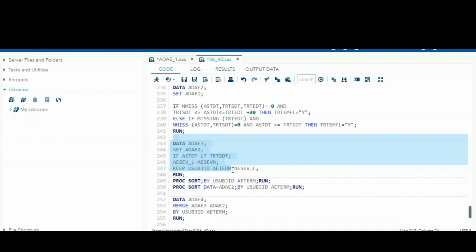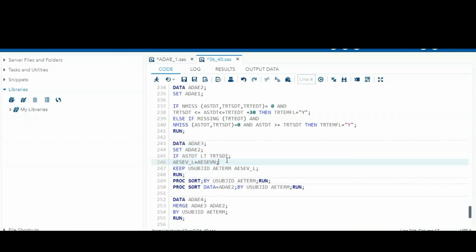For example, if before taking the treatment there are so many adverse events present, say vomiting happened before taking the treatment 5 times, then only the last record has the end date missing. Remaining all the 4 records before this have a start date and an end date, so we can ignore those. Which one is the last one? That only we have to pick here.